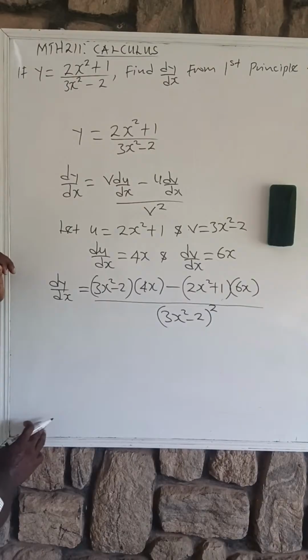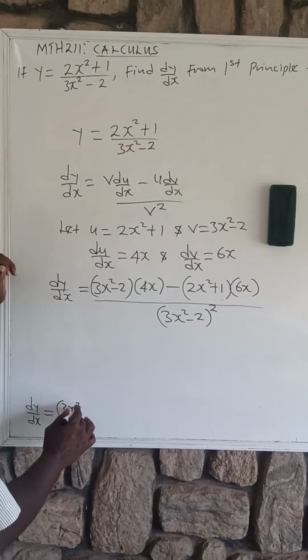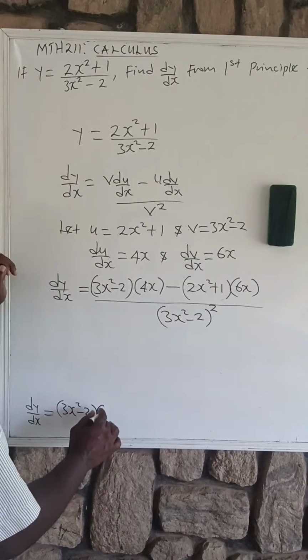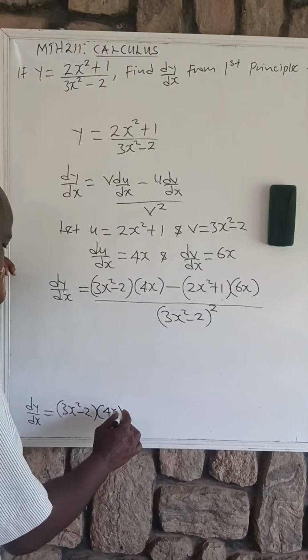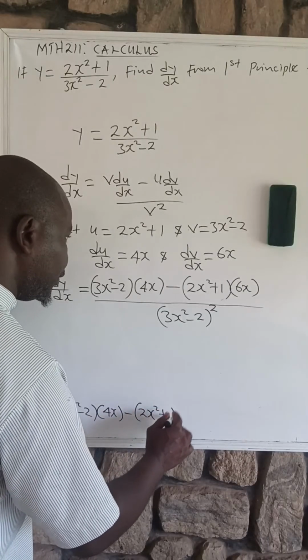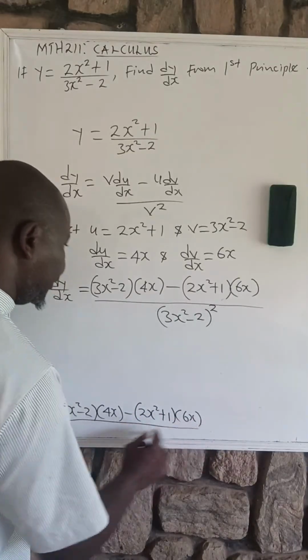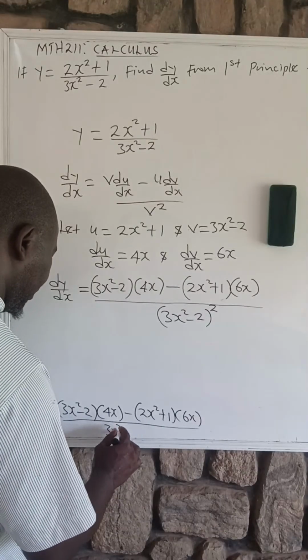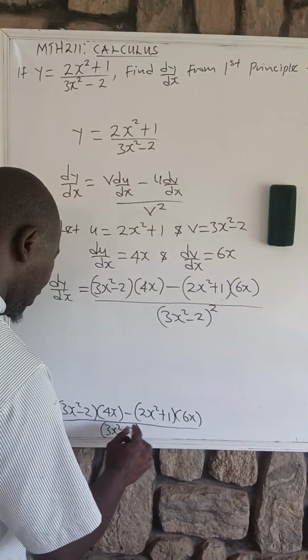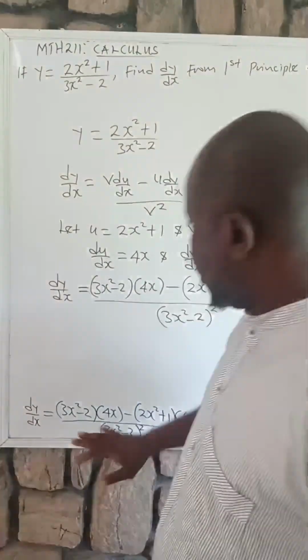Let me write it below here so that we can compare. dy over dx equals (3x squared minus 2) times 4x, minus (2x squared plus 1) times 6x, all over (3x squared minus 2) squared, right? Okay, so let's leave it like that. Then go ahead to use the